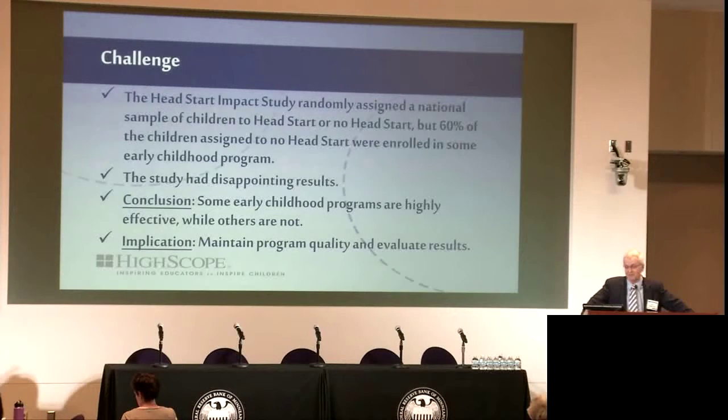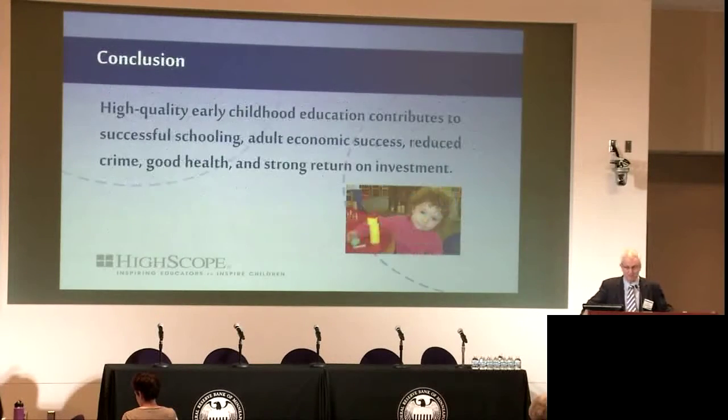So the implication is to maintain program quality and evaluate the results all the time and stick with the results. You know what I'd like to do is slice $100 million off of some national program and put it into a completely outcomes-driven program. Don't give people so much per child. You say, spend what you need and have effectiveness.